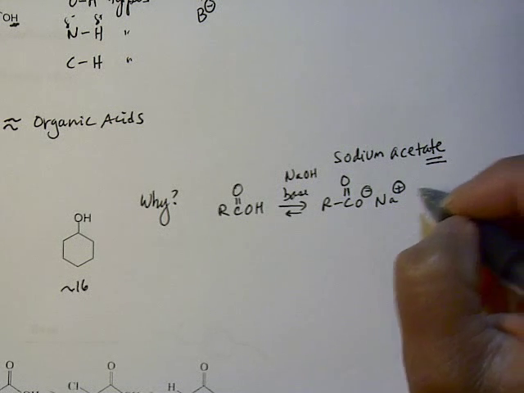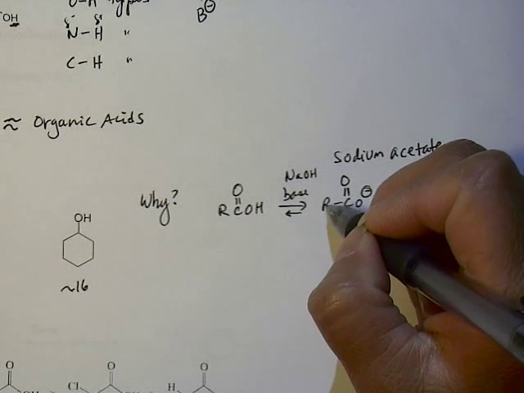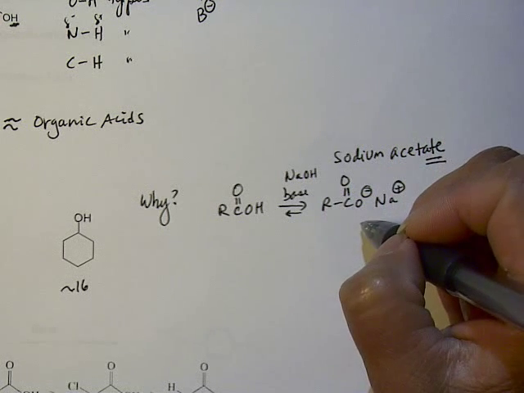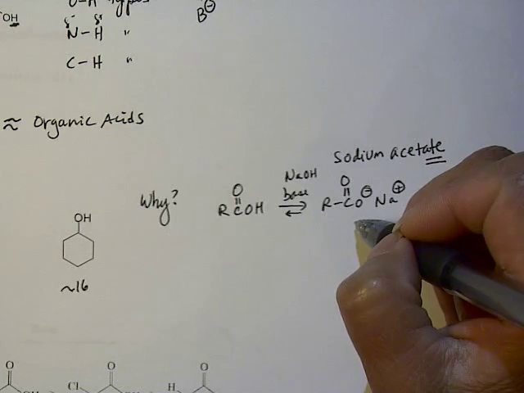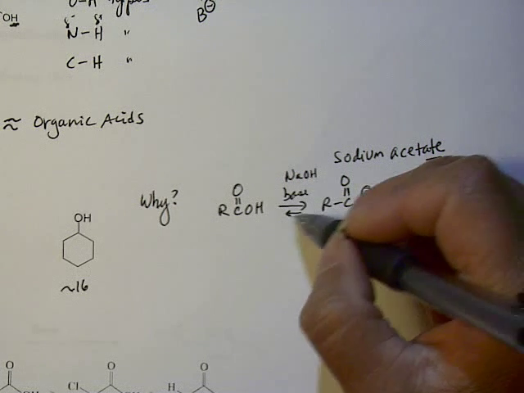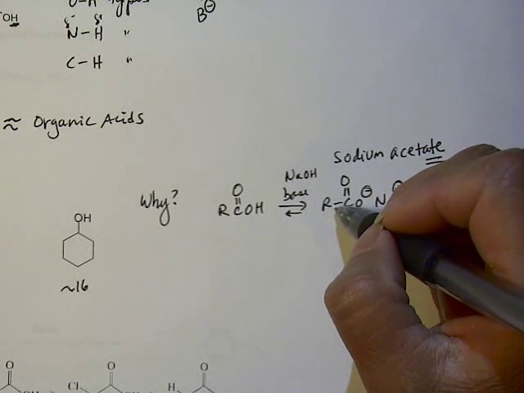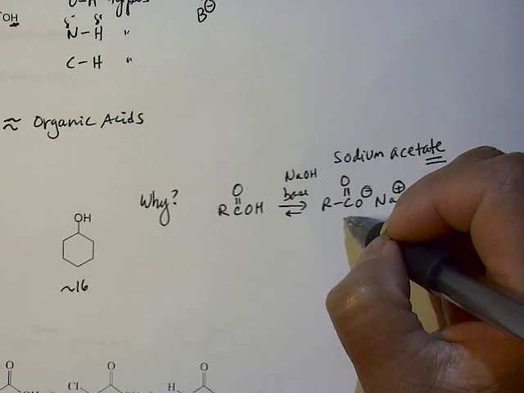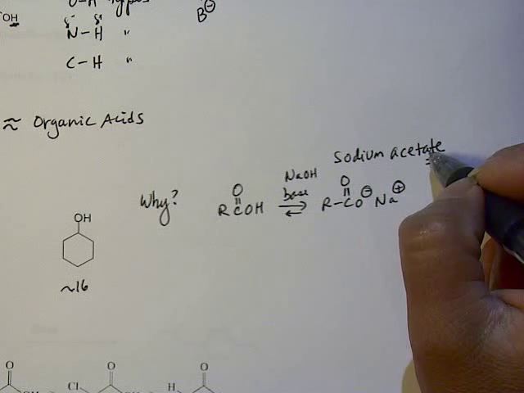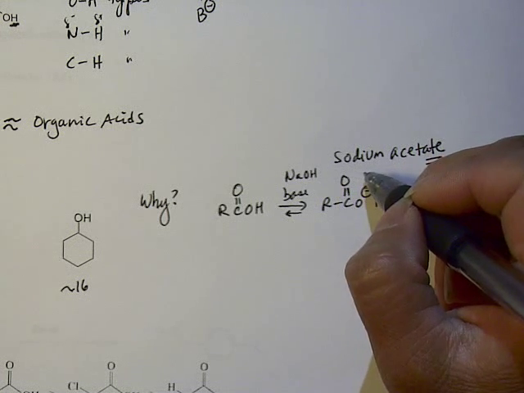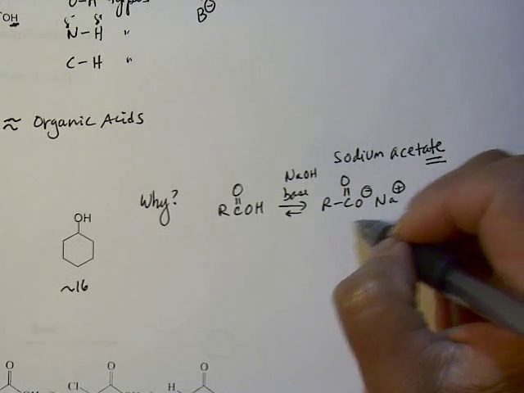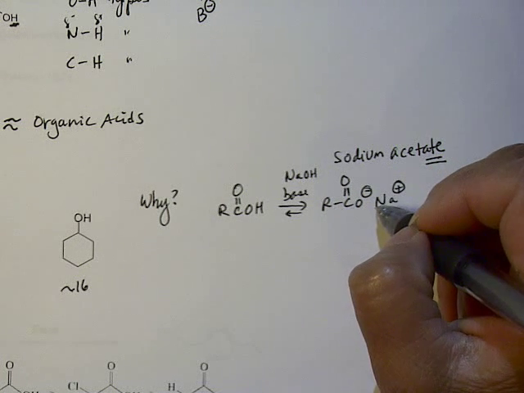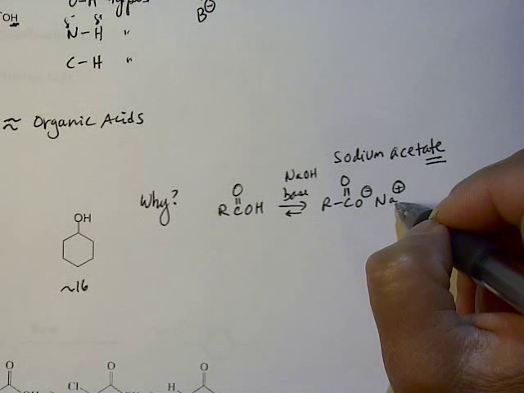Notice the "ate" ending. So that would be the name if R was CH3. Instead of acetic acid, it would be an acetate. If this was a 3-carbon one, then instead of propanoic acid, it would be sodium propanoate. So it would have an "ate" ending with a metal name in the front. All right, so when you look at these acid salts, as they're called,